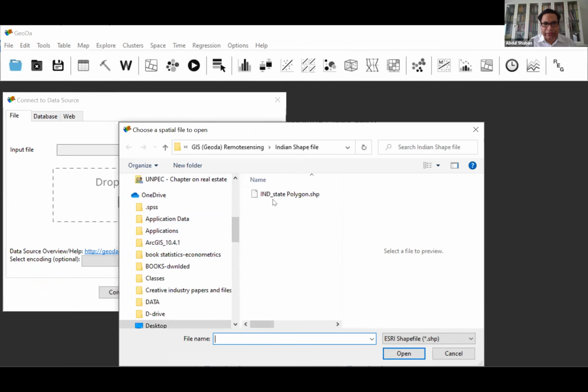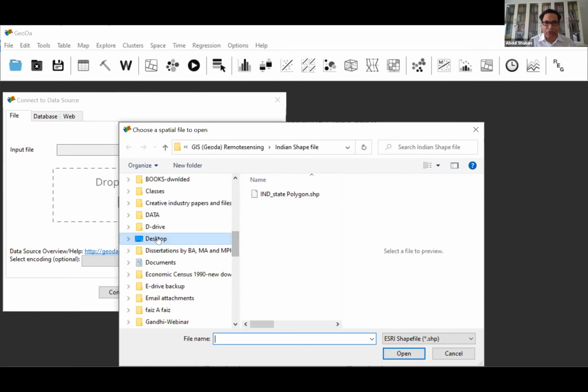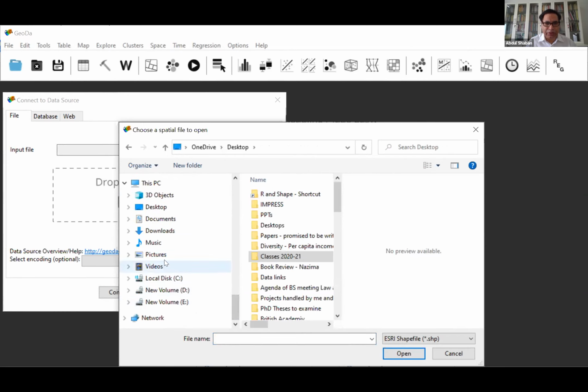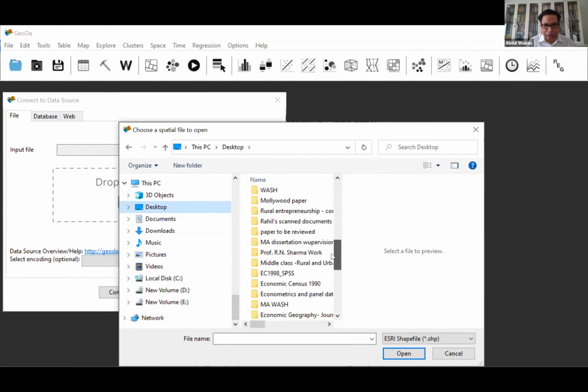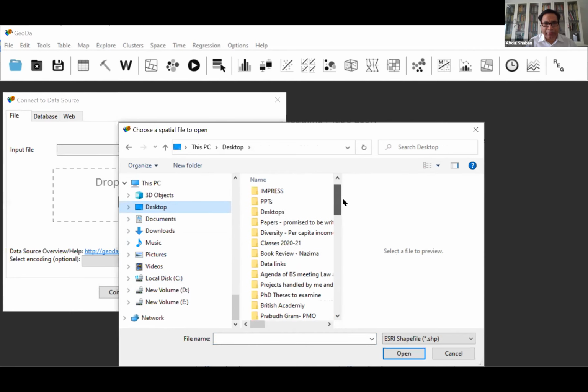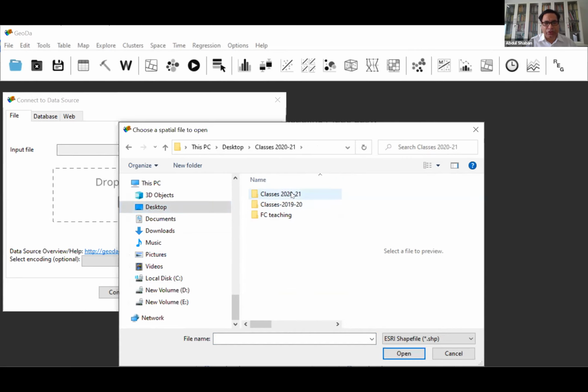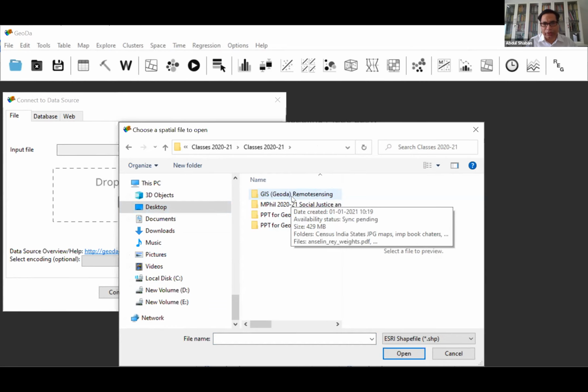Now I will go to the directory where my files are located. It shows me somewhere, but I will not go to that. I have to go to the desktop. For example, I need to go to my computer. I have desktop, then I put everything in one folder, for example, classes. So I have to find where my files are located in classes. For example, classes here, 2021, and then, look, that is what I'm showing, how you may track which folder you have kept.